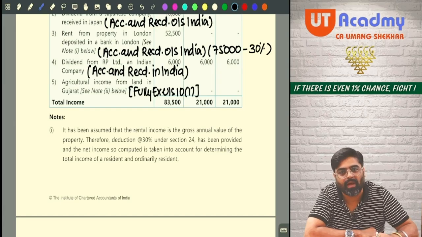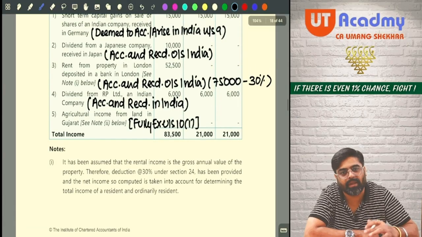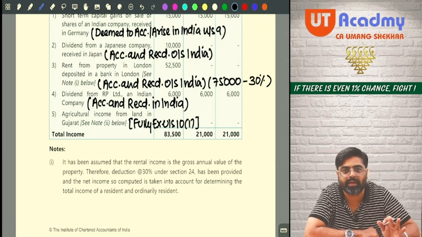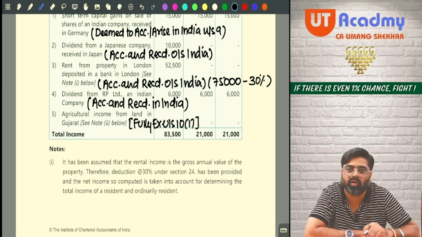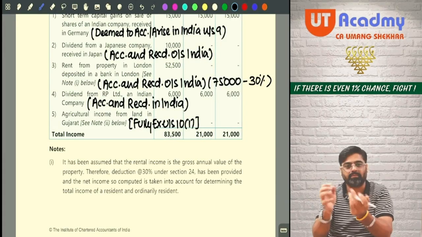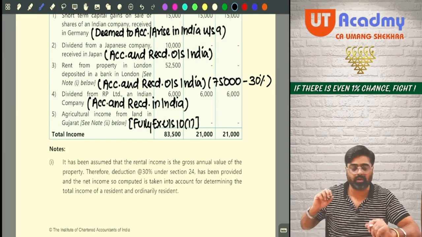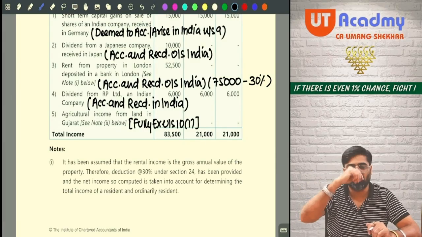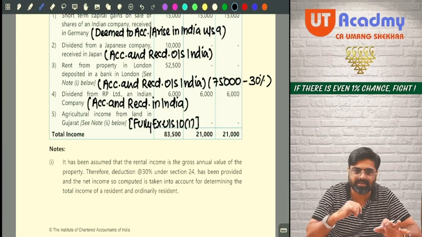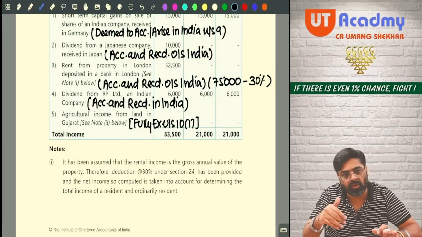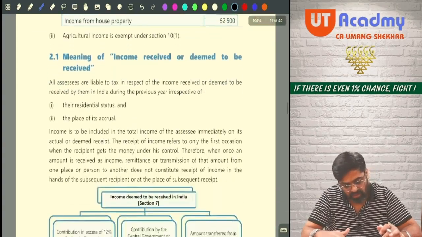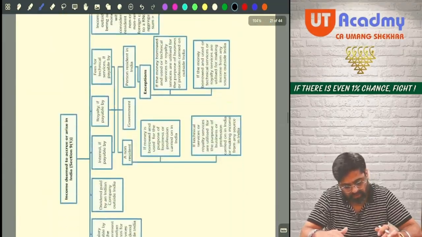Sure? Now, have you written all the amounts in all the columns? Make the total, you are getting total income. That's it. Very difficult question, no sir? Likewise, many questions will come. Now, what they can do, they can twist here. They can put the incomes differently, sometimes deemed to be received in India, sometimes deemed to accrue in India, sometimes received outside India. Likewise, they will play with you. So one question will give you a little bit of confidence. Now we are solving more questions so that the confidence increases. Yes or no? Okay. Next question, come to illustration number 6.